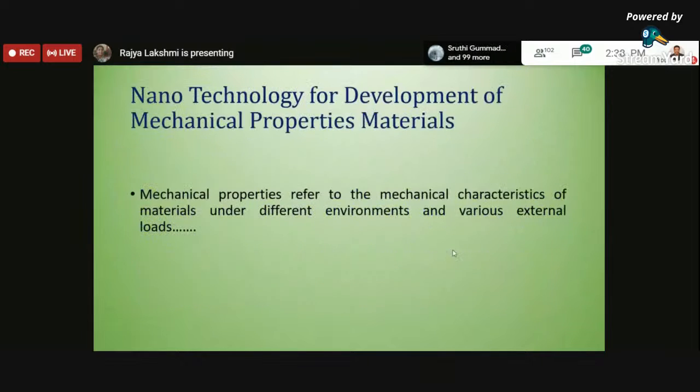So let us move towards the actual topic or the content I have thought of presenting today. How this nanotechnology will be useful for the development of various material properties. Material properties we can classify in many ways. Mechanically, how the properties will be getting changed, thermally, how it is impacting, chemically, how it is impacting, what about electrical properties, what about thermal or energy related activities. So let us see one by one how nanotechnology will be helping for improving the properties of various materials or for developing the materials.